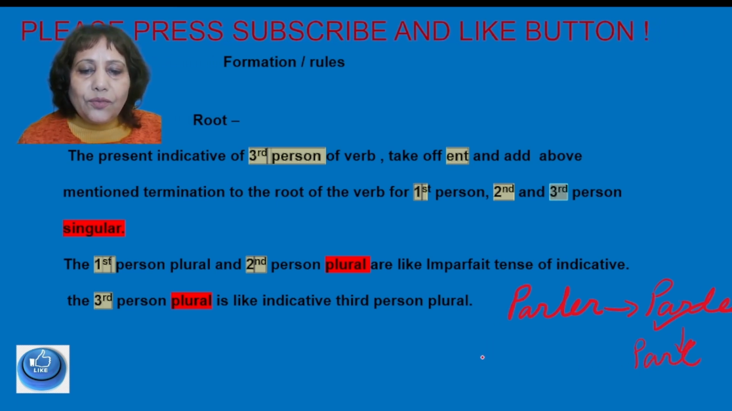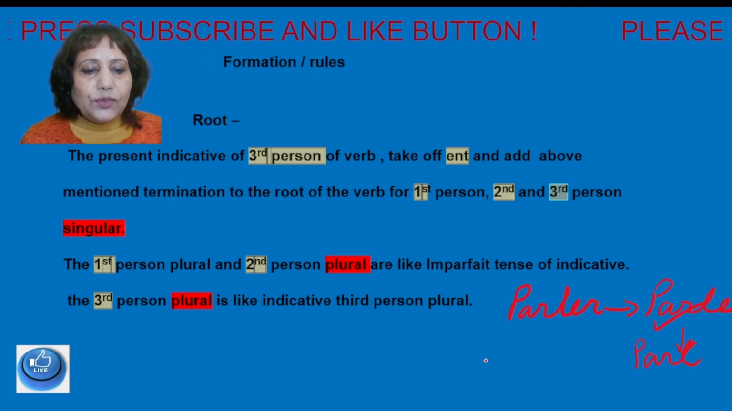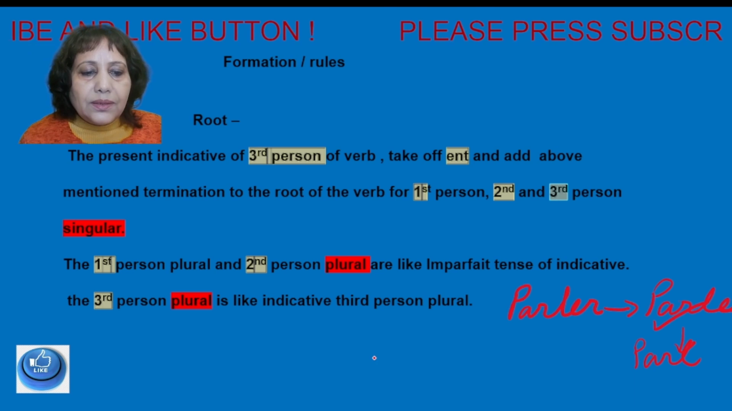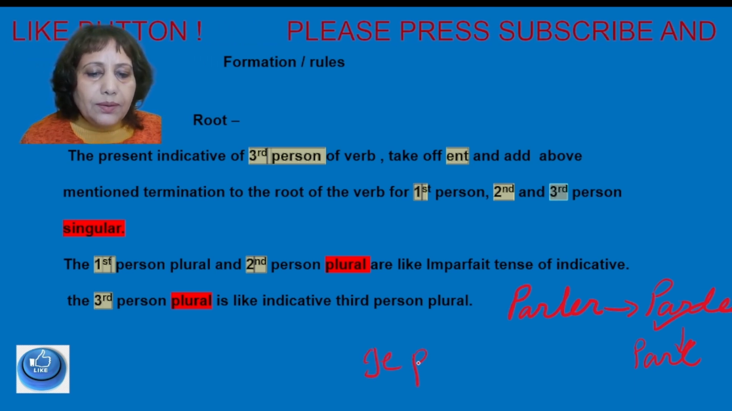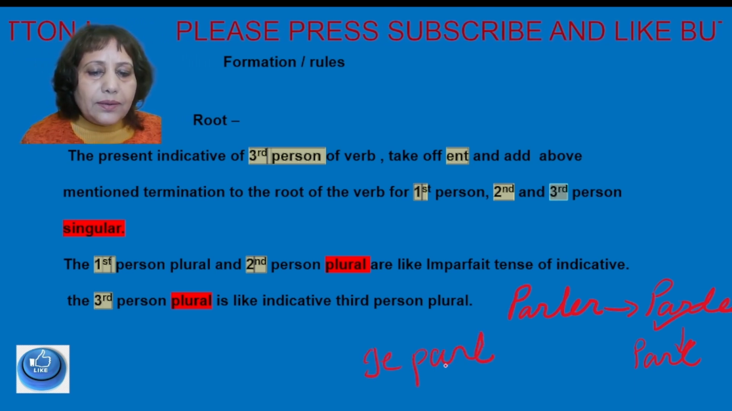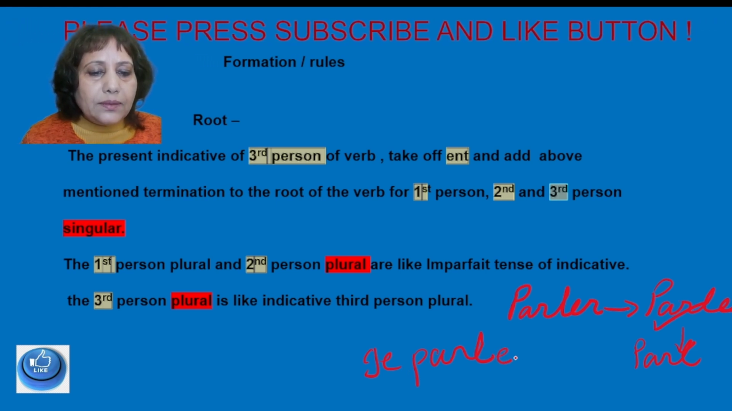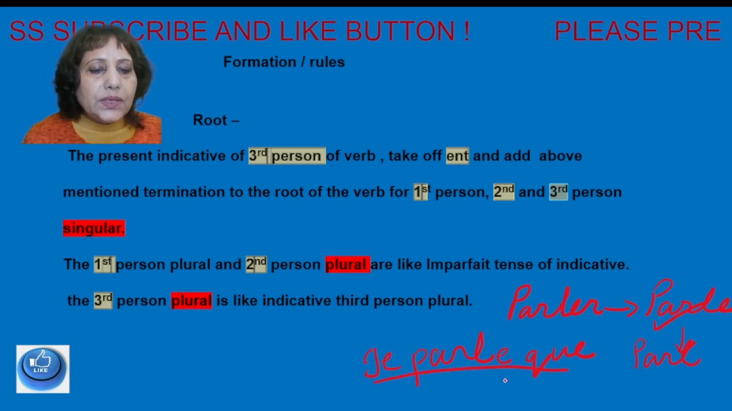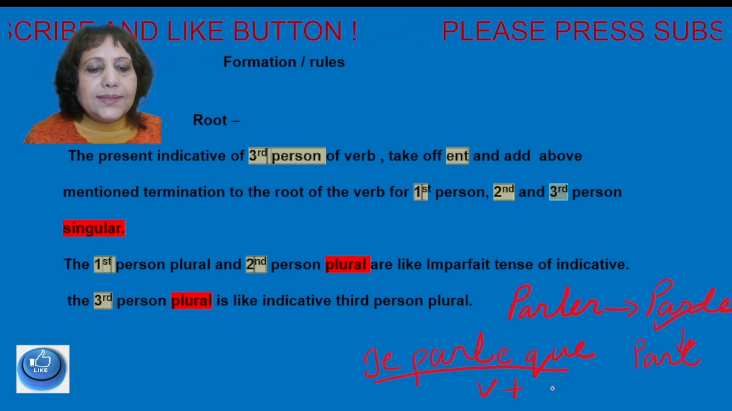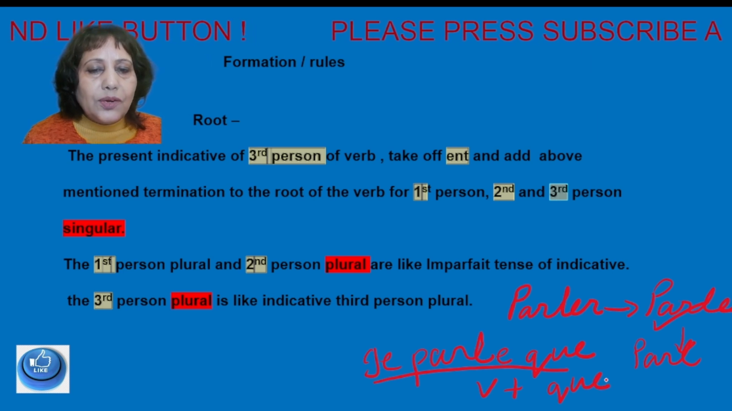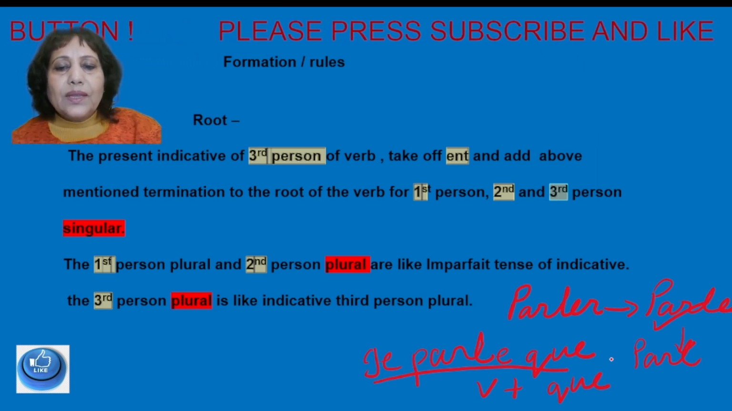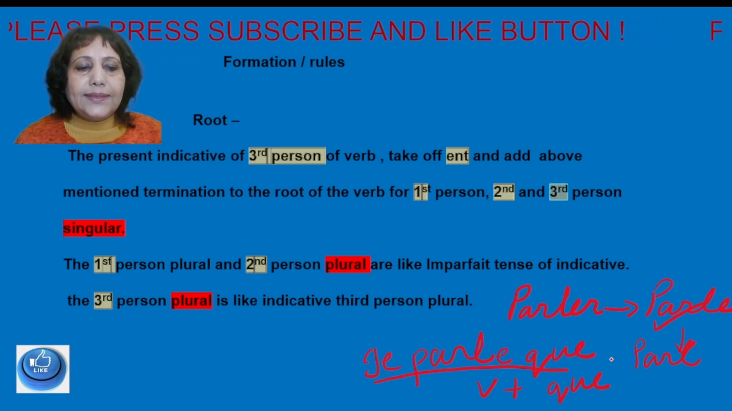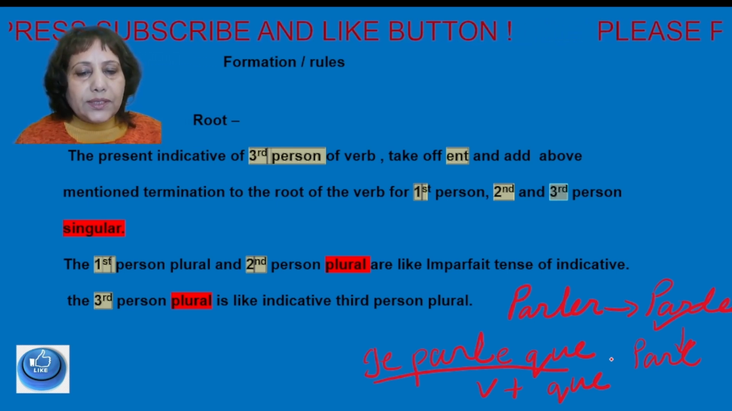Alright. Now, before this I told you the termination. Suppose if I say je parle, and with je I will be adding que, which I told you in the subjunctive is que plus verb. Alright. So, the present indicative of the third person of the verb, take off ent and add the above mentioned terminations to the